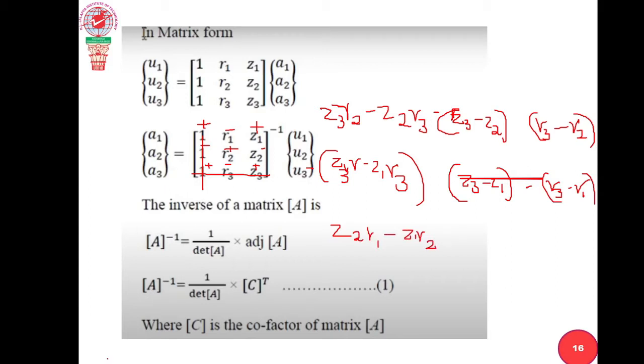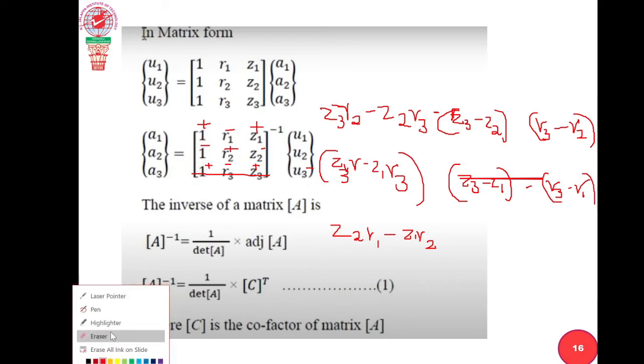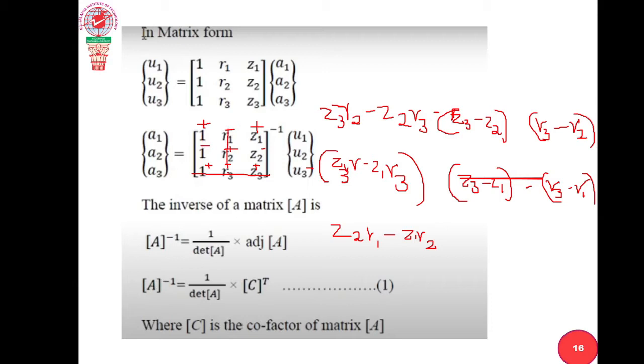Similarly, what is the next step? Yeah, I will neglect the second column now. Now, what is the next one? Will come minus of Z2 minus Z1. Next, last one, R2 minus R1. Plus no. So this much is the C matrix now.